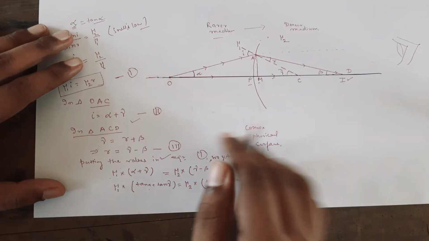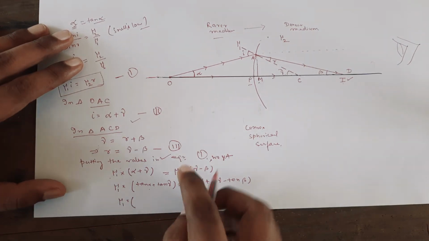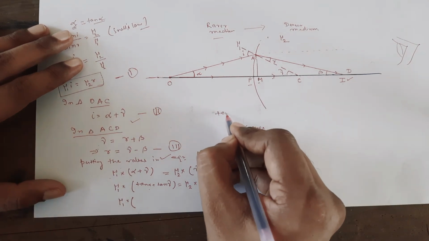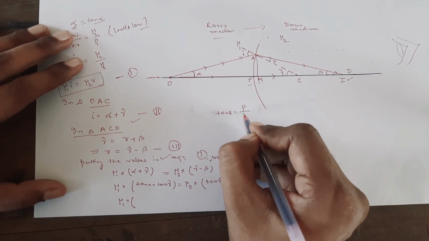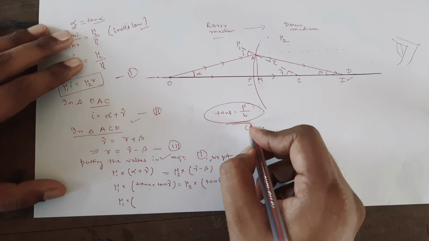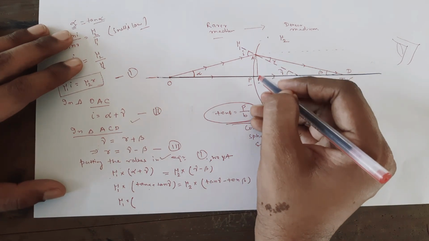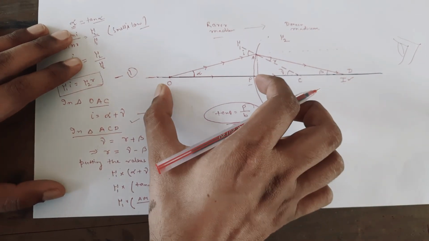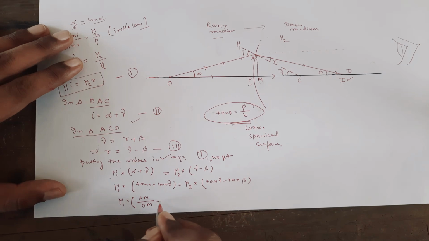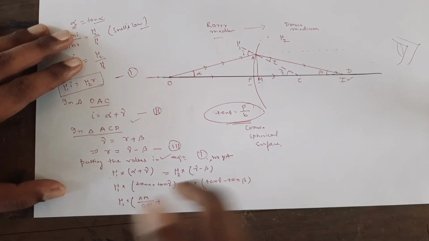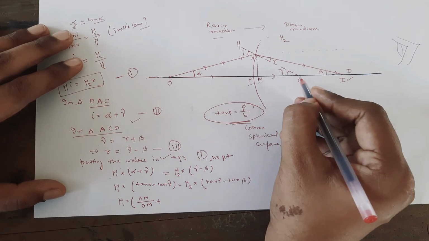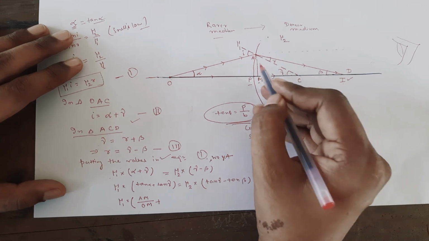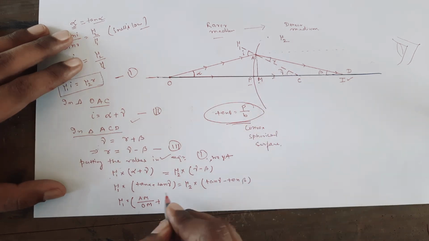So just putting the value, tan alpha will be equal to, tan theta let us suppose, perpendicular by base, remember. Here the perpendicular is AM and this one is the base OM. Similarly we will write the value of tan gamma. See this triangle, we always take the right angle triangle, so here tan gamma will be equal to perpendicular by base, so AM divided by MC.